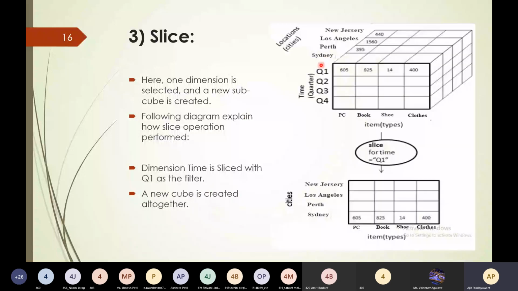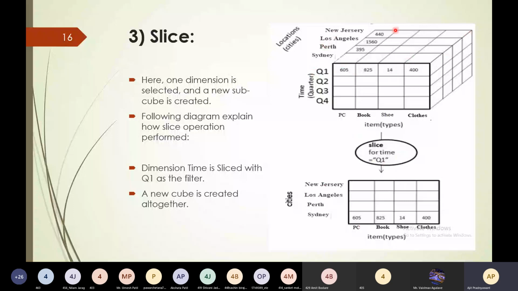Here it is in this diagram. We have item types, time quarters, and these are the locations, cities. And then we are performing this slice operation for time quarter 1. On this cube we are performing the slice operation, slice for time Q1, so it will retrieve this data: PC, book, shoe, clothes, and these are the cities of quarter Q1. So this part will be retrieved.